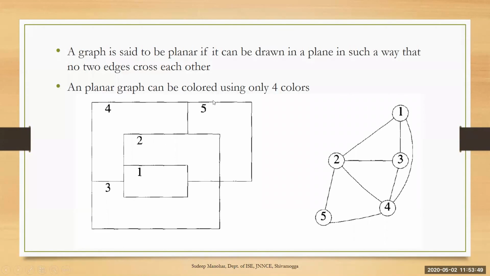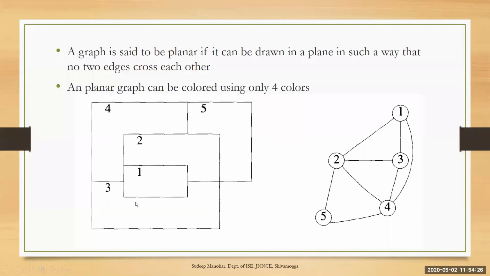One more example application of this is the Atlas map, which you might have seen, which contains the countries marked in different colors. Why are they marked in different colors? So that each country can be visible properly. And one more rule is that no two adjacent countries will have the same color. Observe, if you have any atlas, what is the maximum number of colors that are needed. There are many countries all over the world.